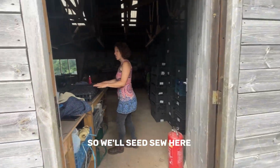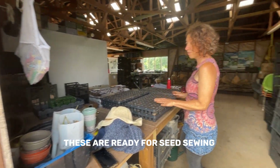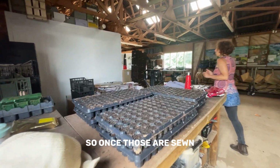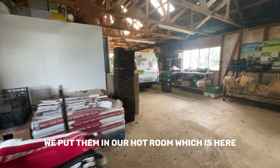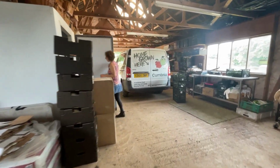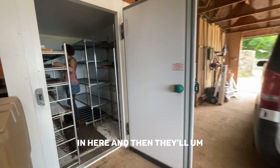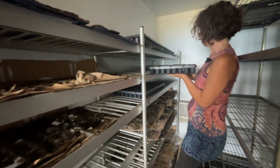So we'll seed sow here. This is just like an example. These are ready for seed sowing. So once those are sown, we put them in our pot room, which is here. So there's some already in here, and then they'll those are